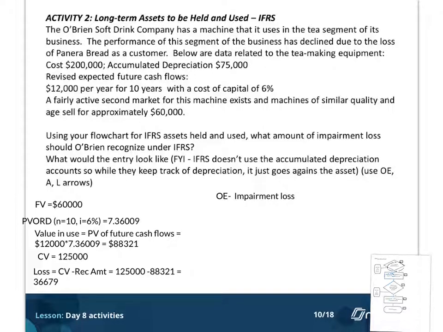That's my debit for 36,629. So you see that's a lot lower. If you were to look back, our impairment loss under USGAAP for the same situation, the USGAAP loss was much bigger. That doesn't necessarily always happen, but